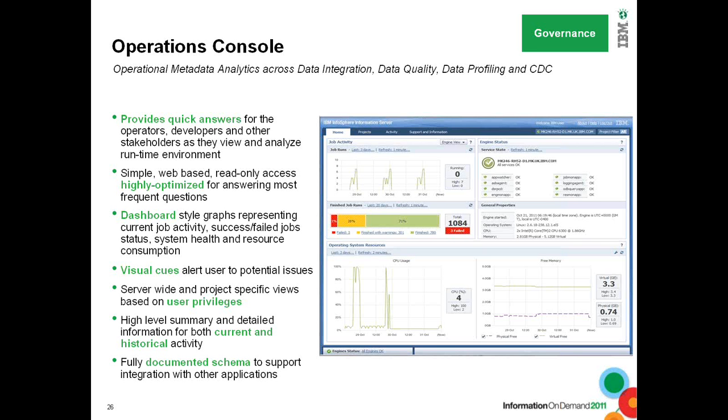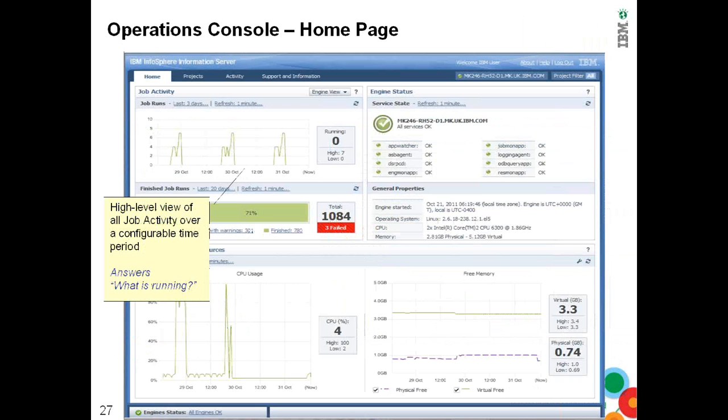If you see, just move over to the next slide. So it has got three tabs. The most important are the home page, the activity page, and the repository page, right? So the home page is where, all these are configurable, I mean, the views that you want to see. But the default that you're seeing right now lets you exactly see how many job runs have happened over the last 3 days.